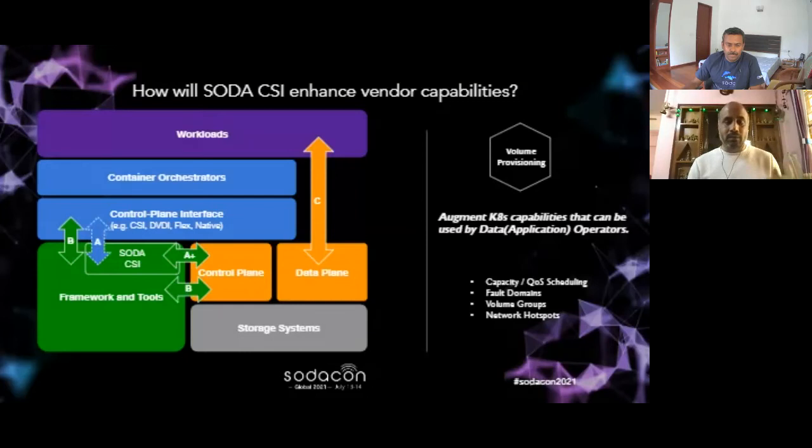So SODA, with its CSI plugin, can abstract those difficulties, or the missing pieces from the CSI; it can actually plug those in. I call this diagram: SODA takes in the interfaces that Kubernetes provides as A, enhances them with the additional information that is required as A plus, and passes it to the control plane. So the features available in the storage can really be leveraged for the stateful workloads. So what are those features that we're talking about? If we just go to the next slide.